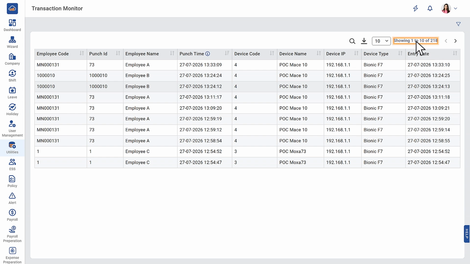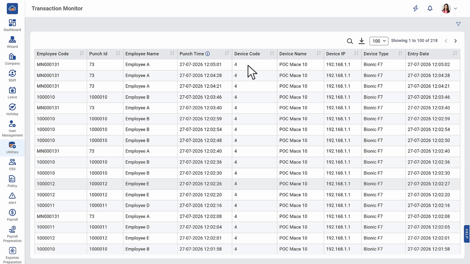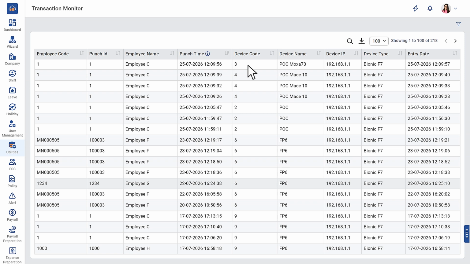At the bottom it reads, showing 1 to 10 of 218 entries. Open the drop-down beside it and pick 100. It also offers 500, 700 and 1000 rows. Now 100 punches are listed together. Scroll down through them, and you can follow the same person punching again and again through the day. Keep going and you reach the older punches, right back to the 1st of July.